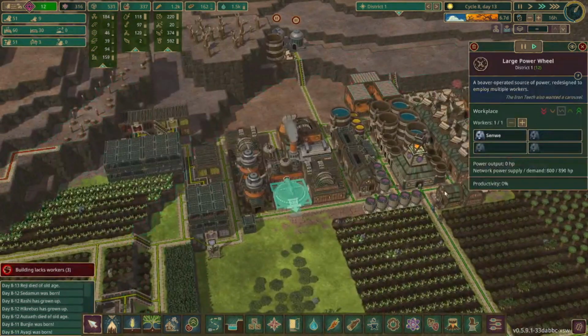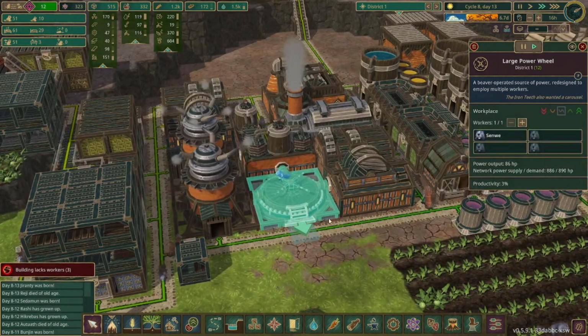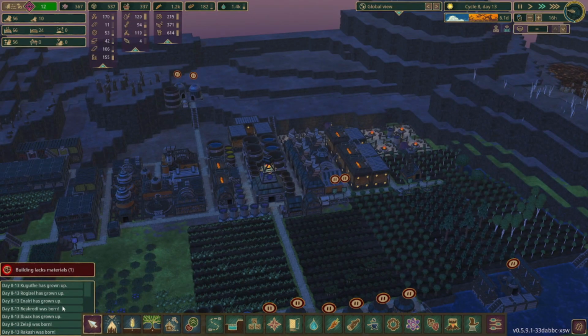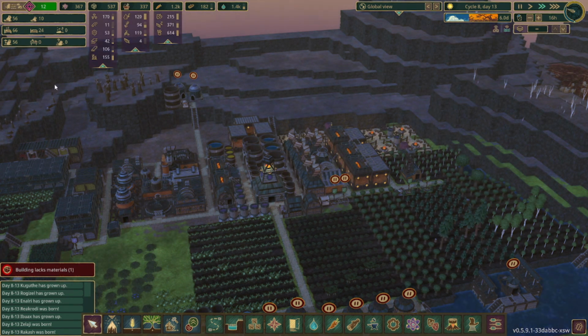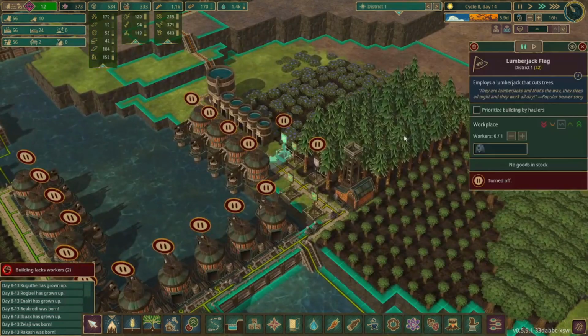Reduce the amount of builders. That moves one into there. And he gets it up just shy of 890. That's good enough. And we just had a few babies grow up, so now we have 0 unemployed beavers and 0 vacant jobs. We can always get a couple lumberjack flags on the go, and we have some more trees